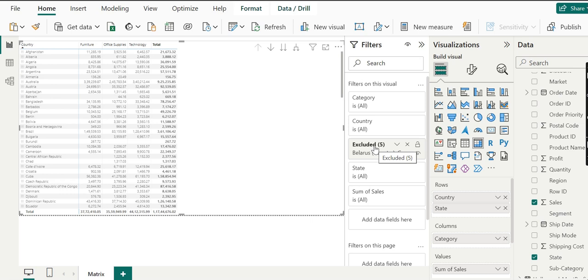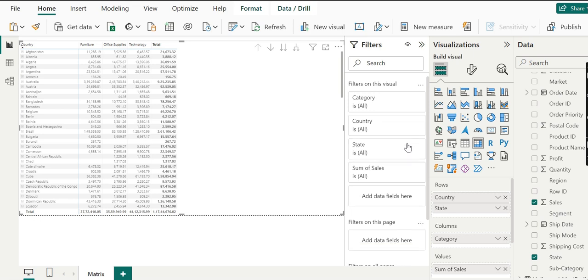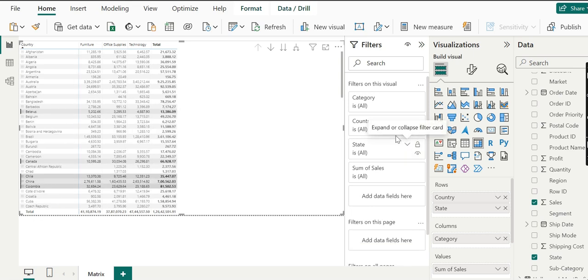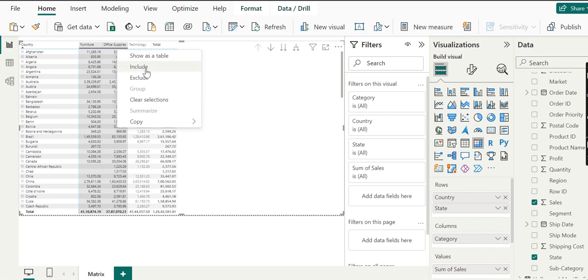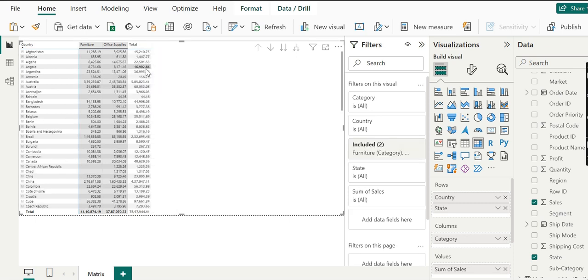We can do this with columns; we were doing it with rows only. Now we will go to the columns. We select furniture, and in the same way we hold the control key and select another column. Now right click, and if I do include, you can see there is a change in appearance and a change in the filter.